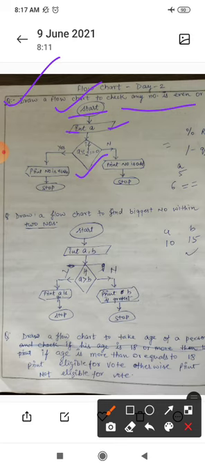Here. Now, how can you check whether any number is even or odd? So to check whether a number is even or odd, you will use this sign, na? Diamond sign. So here I have drawn this same sign. So in this sign, what will you do? In this sign, we will check the condition. So what will be the condition to check whether any number is even or odd?